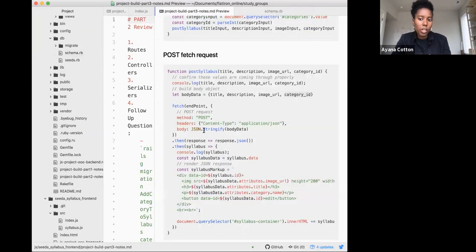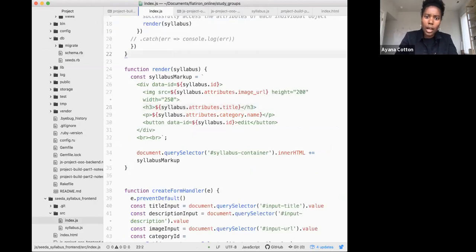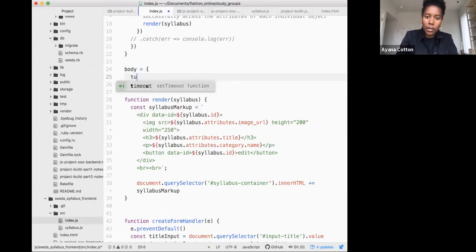So in here, we're using something called destructuring. So all you see is title, description, image URL, category ID. But if I wanted to create that body, like let's say this is the body, it would need to be title